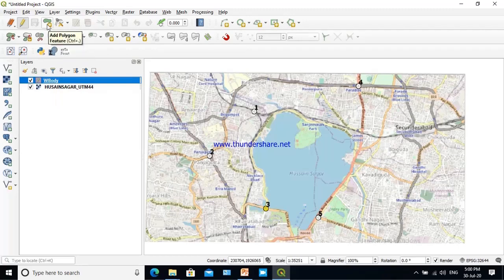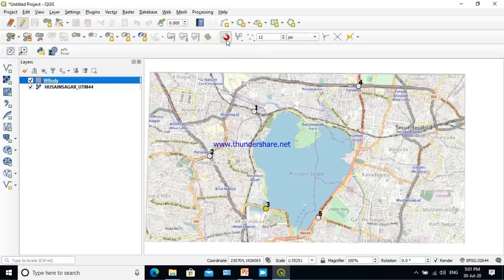The corresponding tool will be available here. So here this layer is a polygon layer, so the corresponding feature geometry digitizing tool will be available here. For line, it will be a line digitizing tool. For point, it will be a point digitizing tool. Beside that, you have to invoke the digitization environment also.